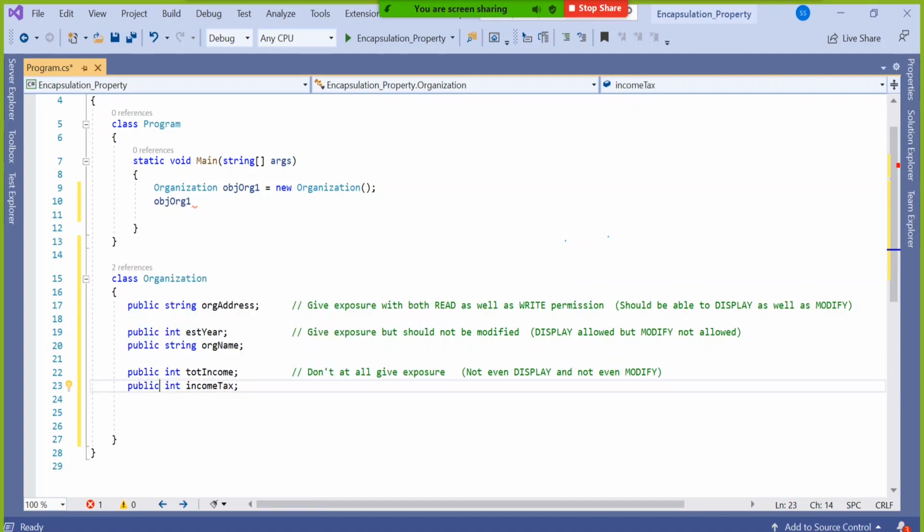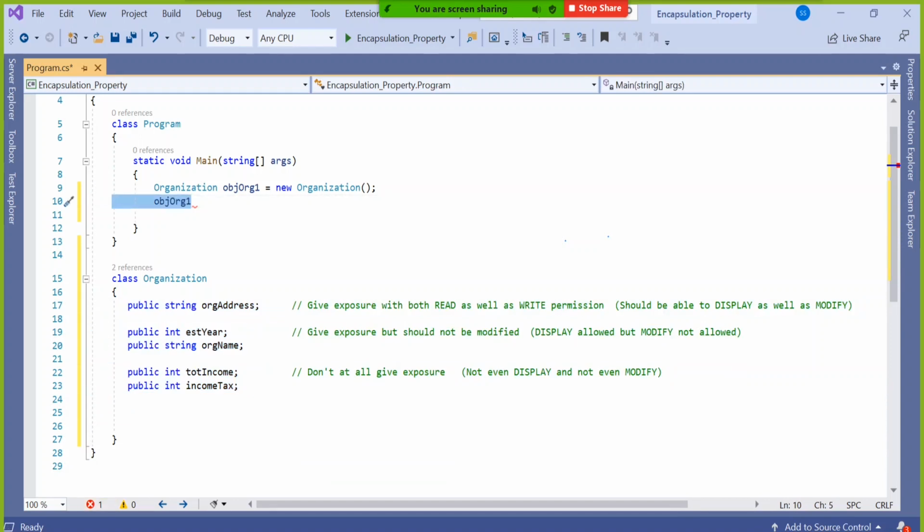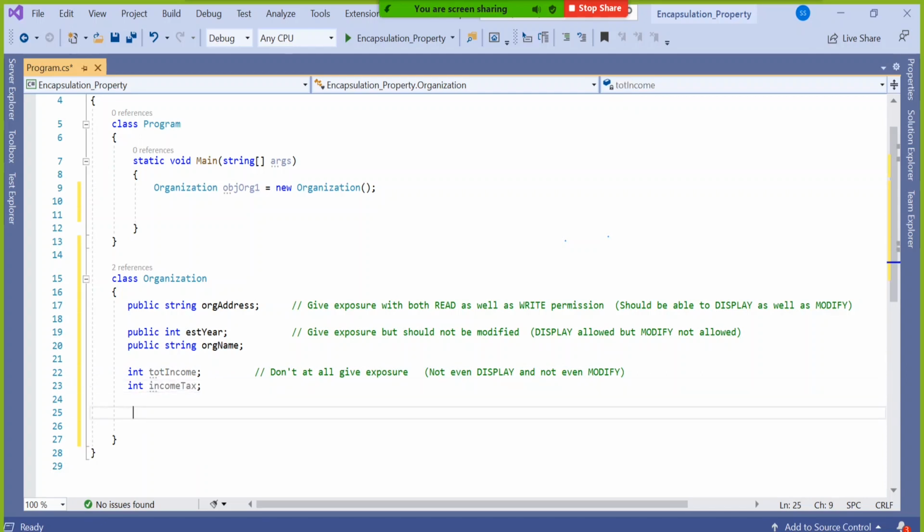One time I tried with private, I didn't get anything. For income tax and total income, it's good because we really don't want to give access, not even display, not even modify. We are happy for total income and income tax because they are private.